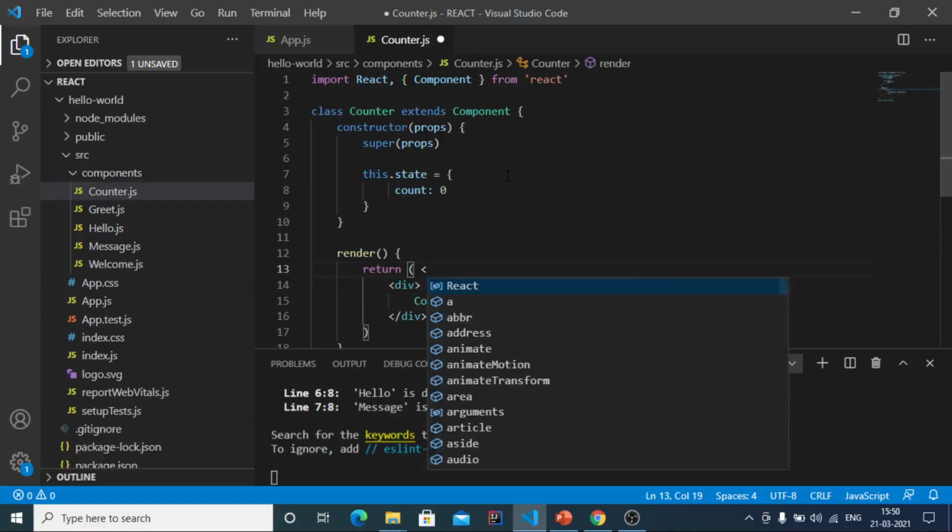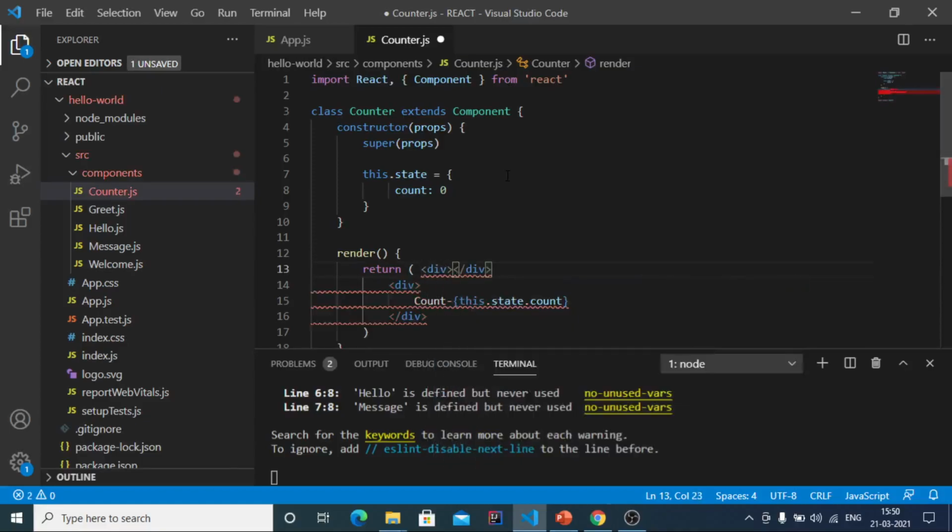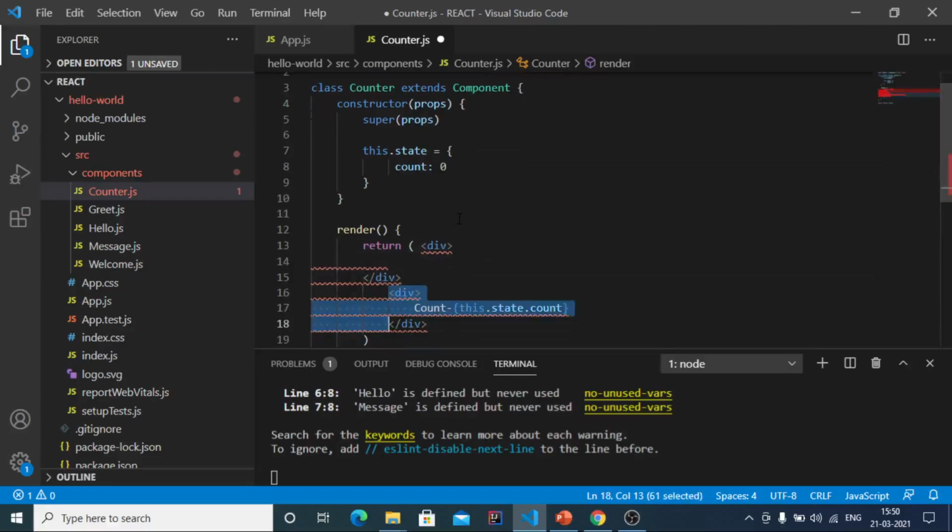We should have a div tag here, and include all this content in this div tag, because React wants only one HTML tag to be returned.